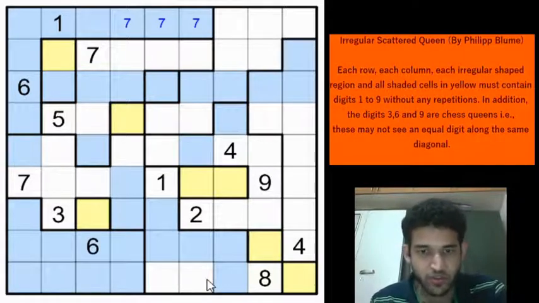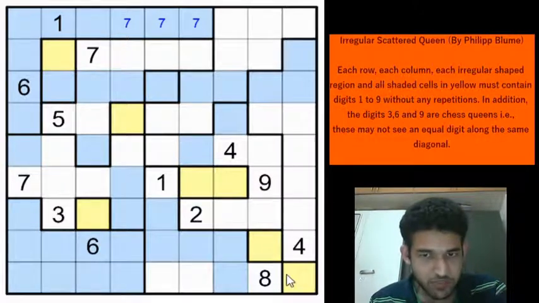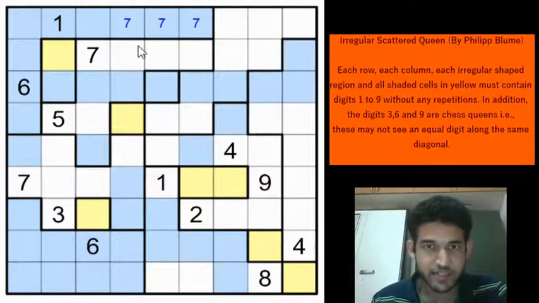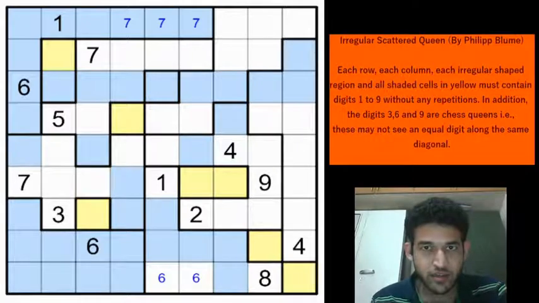I don't think so. So if you look at this region now, each of the irregular shaped regions must contain the digits 1 to 9, right? So we have 1, 2, 3, 4, 5, 6, 7, 8, 9 cells, right? Out of which we have eliminated 5 cells as a possible location of 6. And these 2 cells are givens which can't contain a 6. So we can restrict the 6 to one of these 2 cells. The 6 can only be in one of these 2 cells. Alright? It can't be anywhere else. Also we can highlight this cell as blue because 6 can't be here, right? It is in the same column as this 6, so obviously classic rules will come into play.